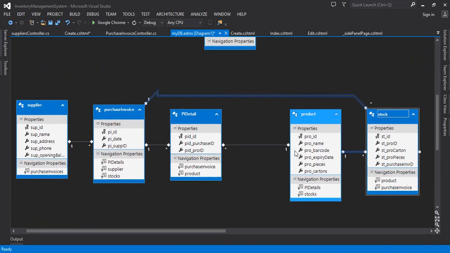If you zoom in, now it's fine. The relationship is between product and stock, and the stock and the purchase invoice. Okay, so this is how you can create your overall schema. Save this, and now